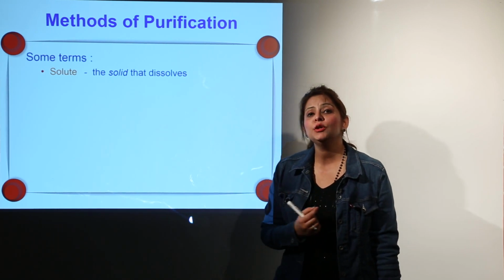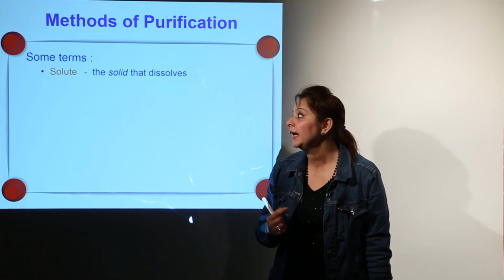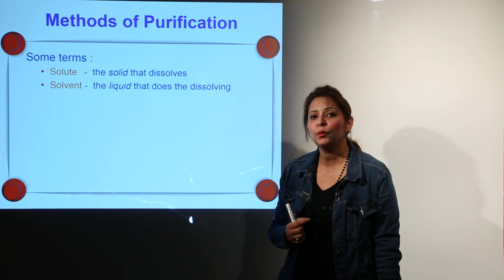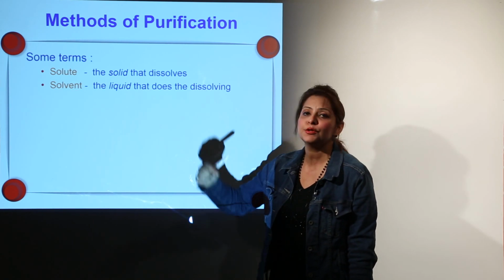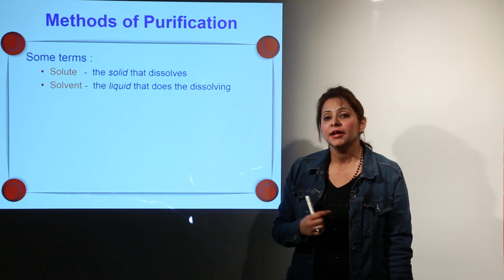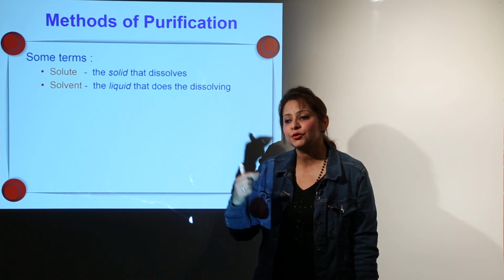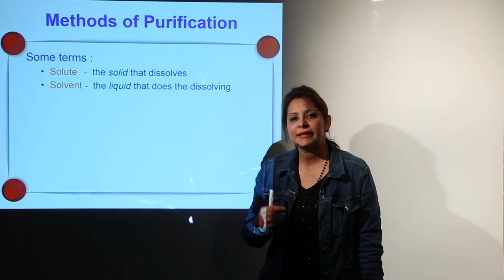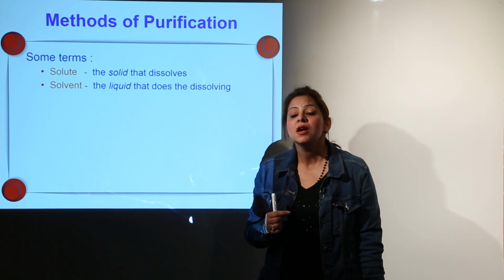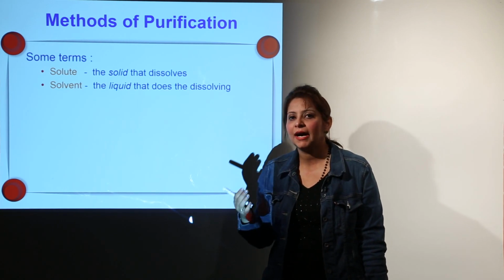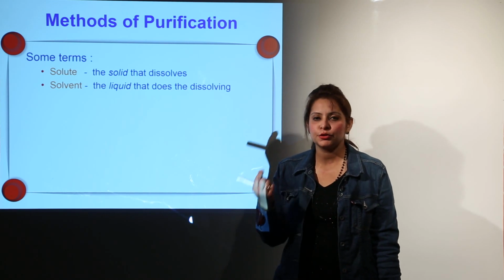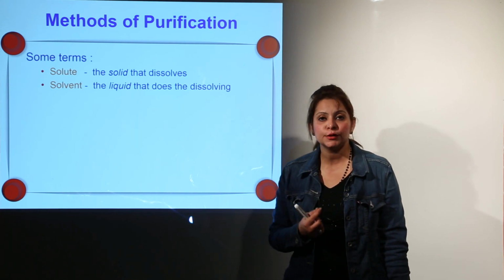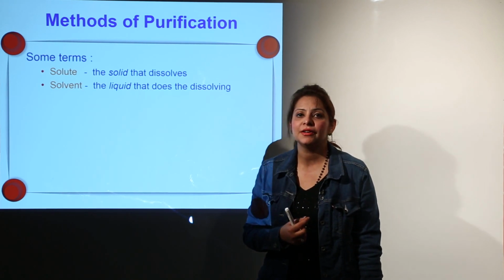You know that solute is present in a small quantity and that gets dissolved. Second, we have the solvent. What is solvent? It is a liquid which has the ability to dissolve the solute in it. I told you an example in the previous topic also, like dissolving sugar in water. So water has the ability to dissolve sugar, so water is regarded as a solvent, and the sugar which gets dissolved is regarded as a solute. Moreover, this sugar is present in a small quantity, and any substance present in a small quantity is the solute, and in excess quantity is regarded as the solvent.